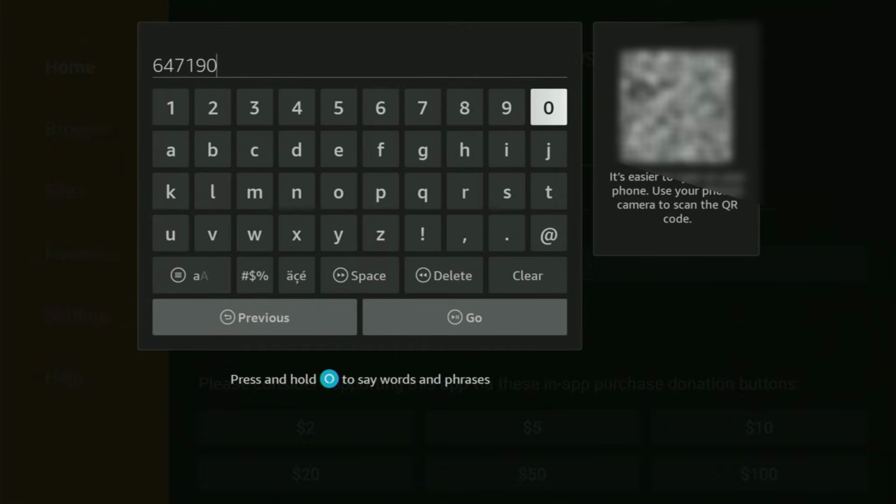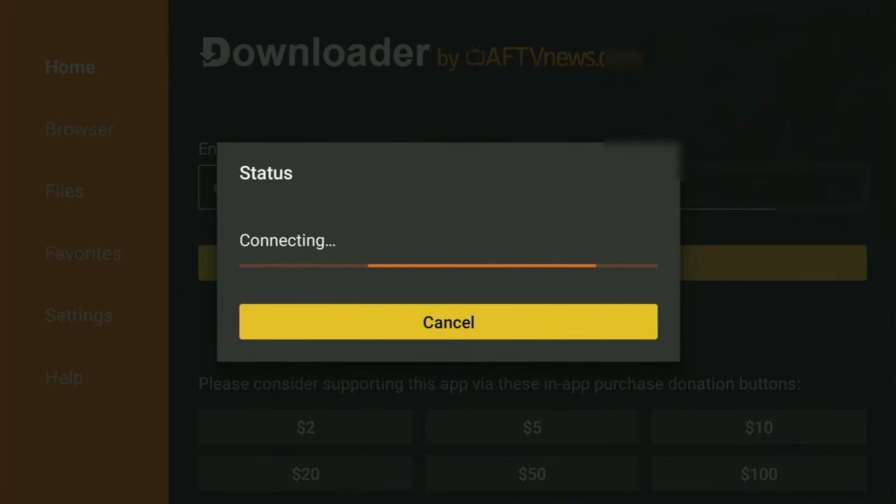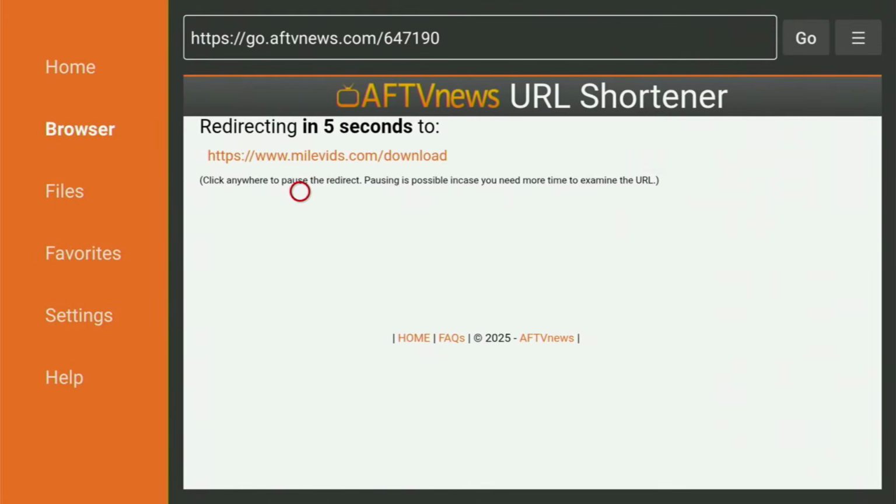647190. Once again, 647190. That's the first code you have to enter. Then just click on Go, and while it's loading,